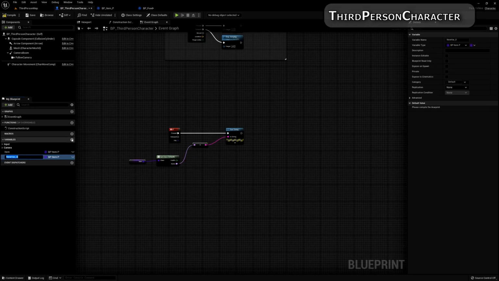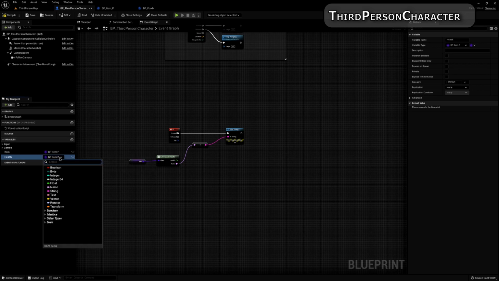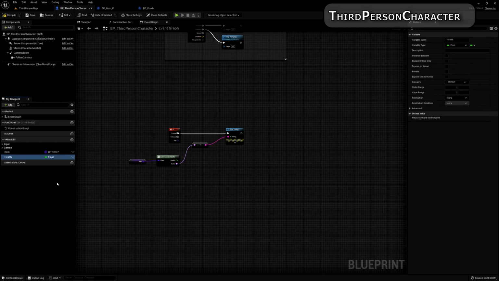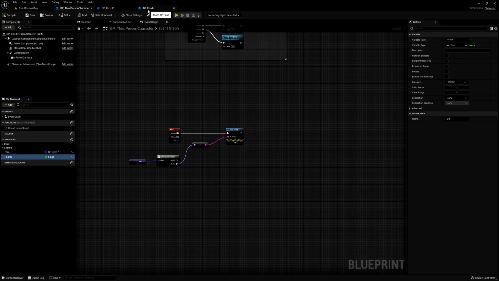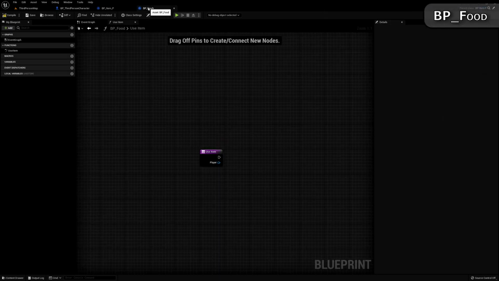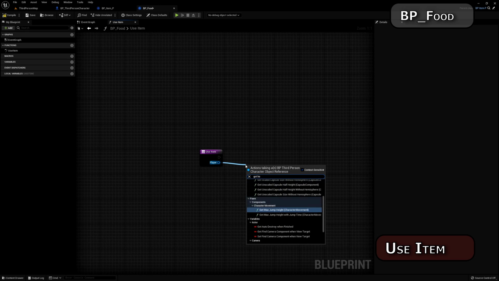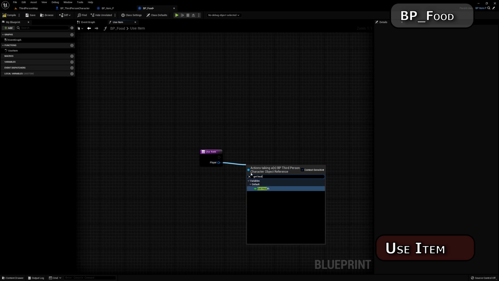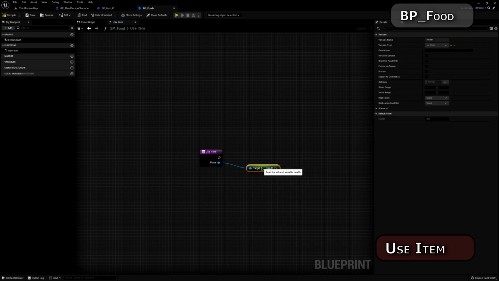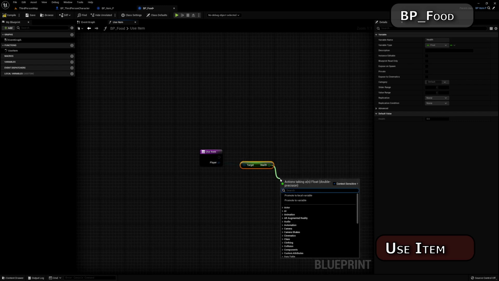I want to add an extra variable here, and we're just going to call this one health. We're going to make it a float type, and we're just going to leave the default at 0. It doesn't really matter at this point. So the default of the player health is 0. All right, so let's jump back into BP food. From BP food, if we come down here and grab our player character, we can do get health. We can get access to the health variable here, and then drag off of this,